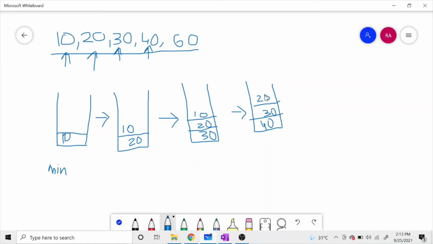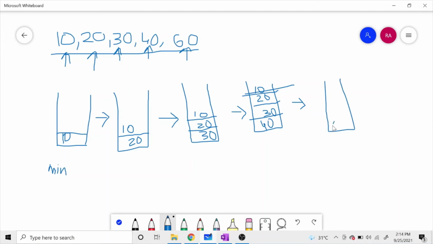At this position, when 10 is at the topmost level, the size of the heap becomes greater than k, which is greater than 3. So we will pop the topmost element. Now our heap contains only 3 elements, and we will move to the next step. Whenever our size becomes greater than k, we will pop the topmost element.